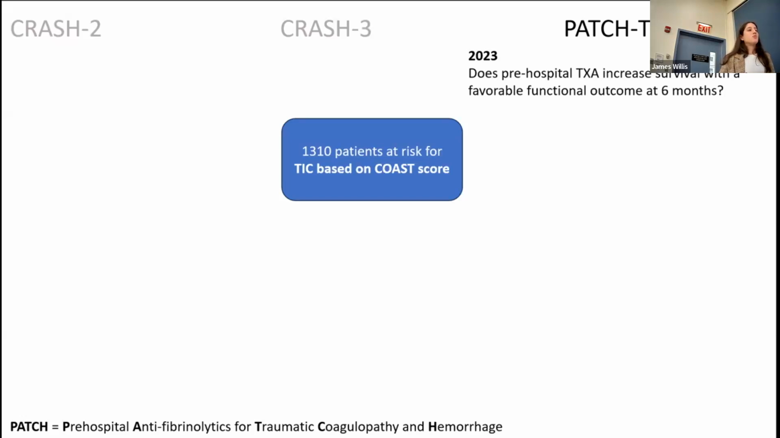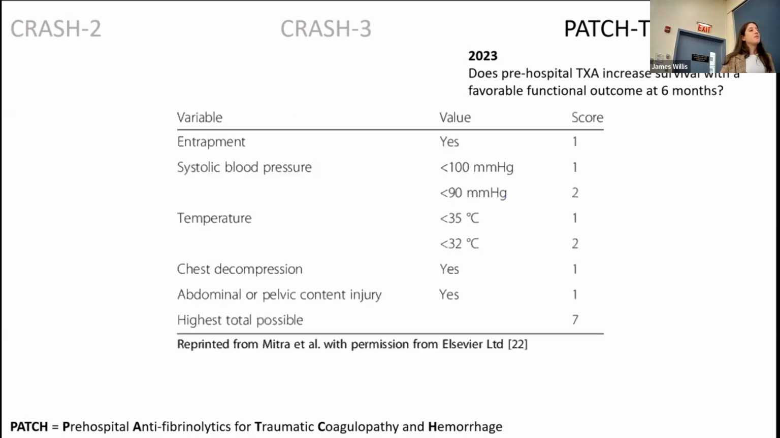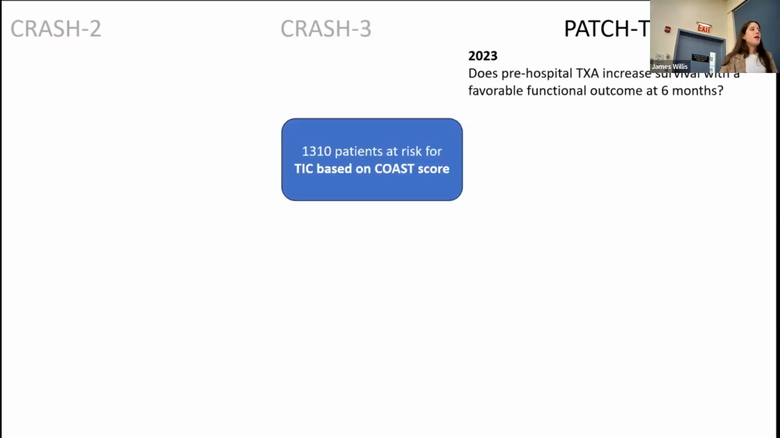So they recruited 1,300 patients that were at risk for trauma-induced coagulopathy. They included TBI patients. And they decided whether they were at risk based on the COAST score. COAST score is a validated measure of risk of trauma-induced coagulopathy based on these criteria here. And they found that